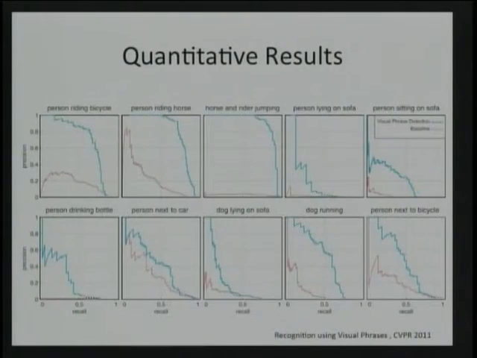So I want to measure the accuracy of how well I can localize complex composites like visual phrases in images. What I'm showing you is the performance of the localization. The blue curve up there, which you hopefully can see, is the performance of the visual phrase detector. And the red curve down there is a baseline that works as an optimistic upper bound on how well one can predict a visual phrase from predictions of its components. And look at the huge gap between these two curves.